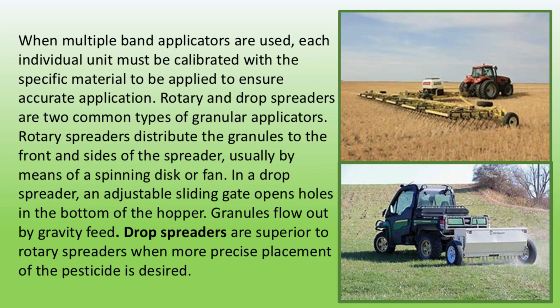When multiple band applicators are used, each individual unit must be calibrated with the specific material to be applied to ensure accurate application. Rotary and drop spreaders are two common types of granular applicators. Rotary spreaders distribute the granules to the front and sides of the spreader, usually by means of a spinning disc or fan. In a drop spreader, an adjustable sliding gate opens holes in the bottom of the hopper. Granules flow out by gravity feed. Drop spreaders are superior to rotary spreaders when more precise placement of pesticide is